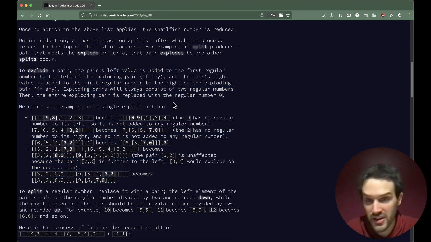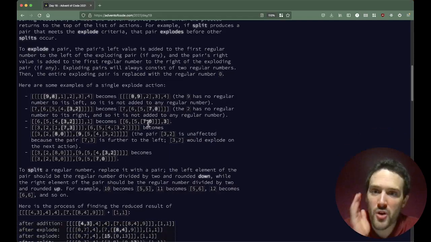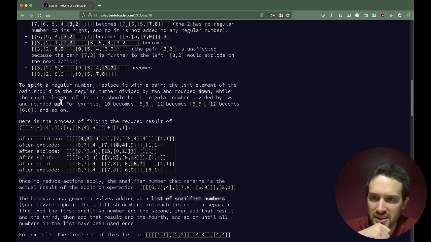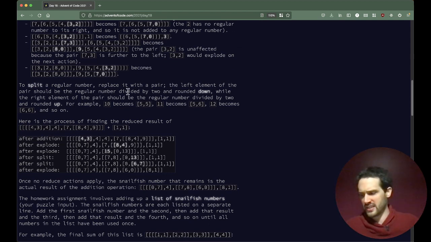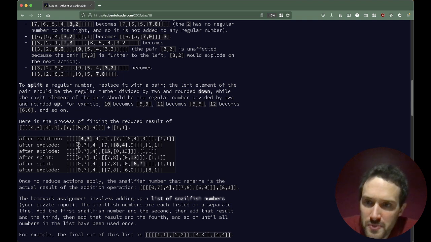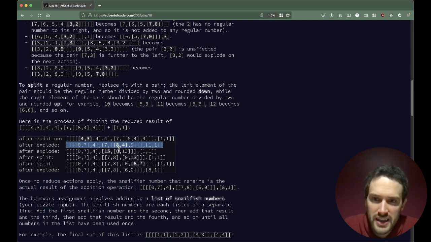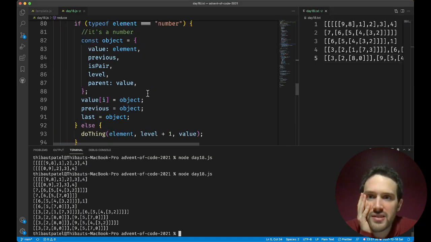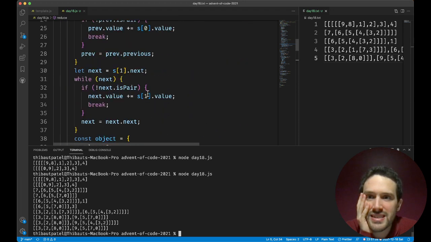It took us an hour and 20 minutes to solve the exploding thing only. Now we should have a good baseline to solve the splitting. I'm gonna read that again. Okay, so before moving to splitting, I think here we might have an issue with this, which does several explosions. Here I am not sure I'm doing the explosion in the right order, which would be a pain. Because when we are exploding, if we explode once,